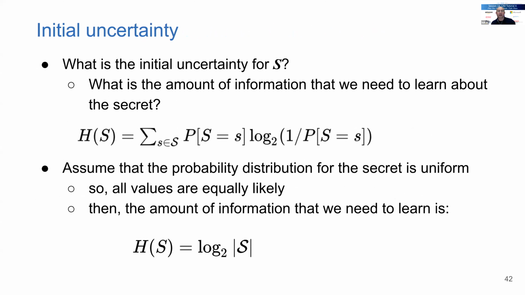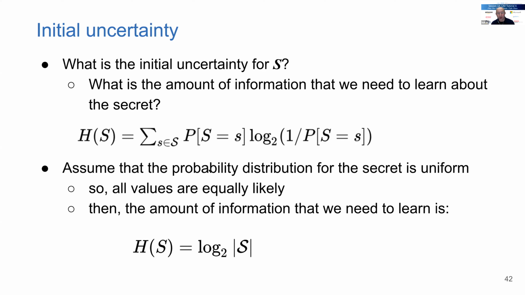So then, I have a secret input to the program, and I can try to figure out how much information there is for this random variable, which is the secret. It has a domain. I can look at the probabilities of each value that it can take, and I can use the Shannon entropy formula to determine the initial amount of uncertainty about the secret. If I'm an attacker, let's say, how much information do I need to figure out to find the value of the secret? You can characterize that with Shannon entropy.